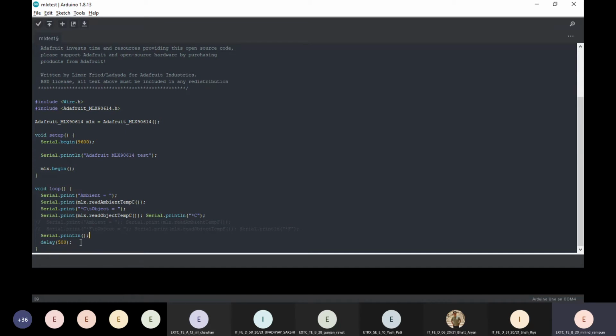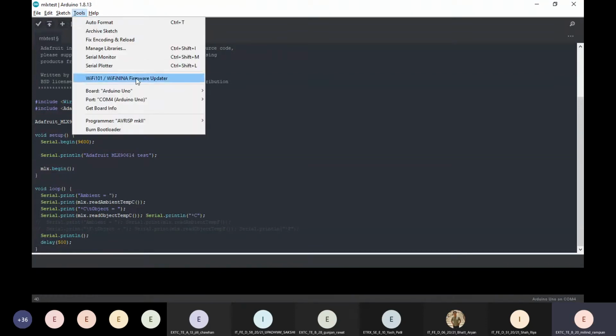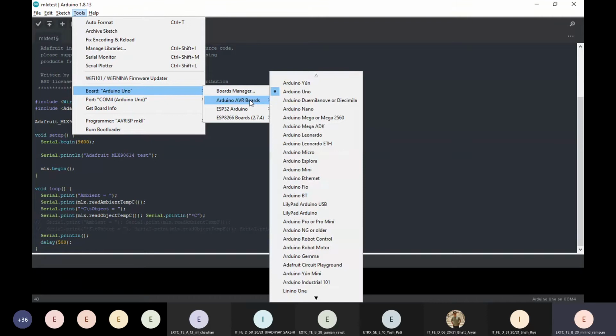After every 500 milliseconds, it will measure the sensor readings and print them on the serial monitor. I've connected my Arduino, I'll connect it once again. One second. When you go to Tools, you select the board under Arduino AVR boards.